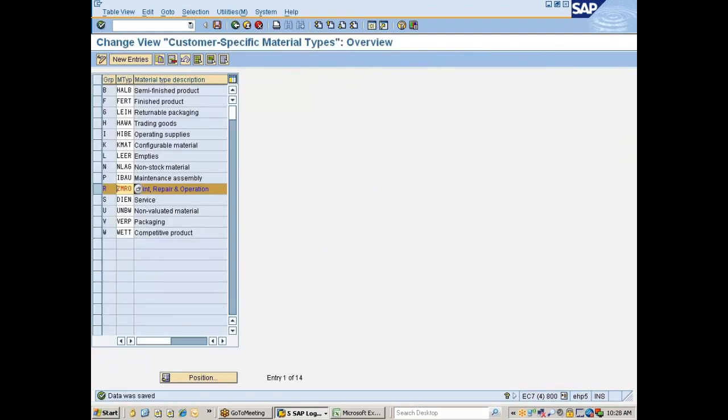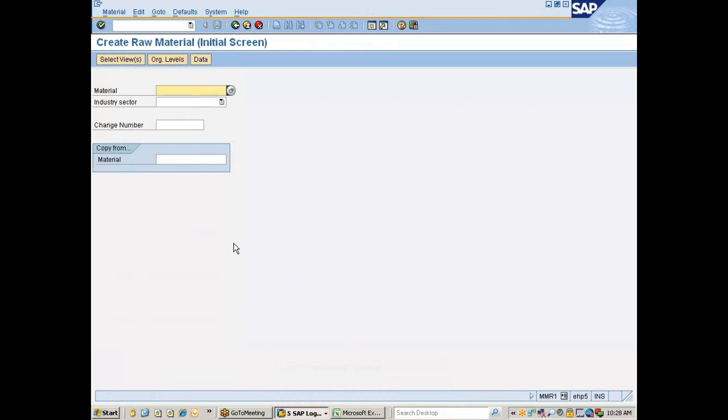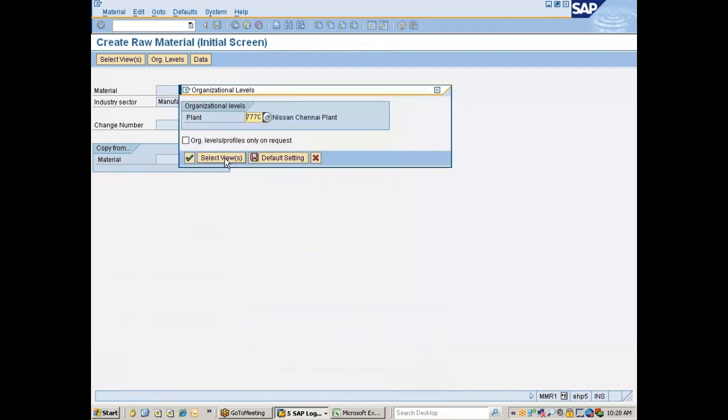For the MMR1 transaction, if I go and try to create a material, it's the maintenance and repairs kind of, this one, /n MMR1. If I go with it, the screen that you see, let's say industry sector manufacturing. Now if you go and try to create a material, the one that you see